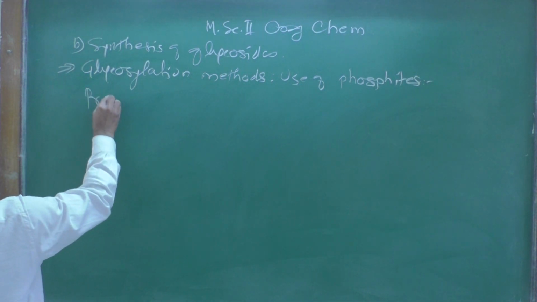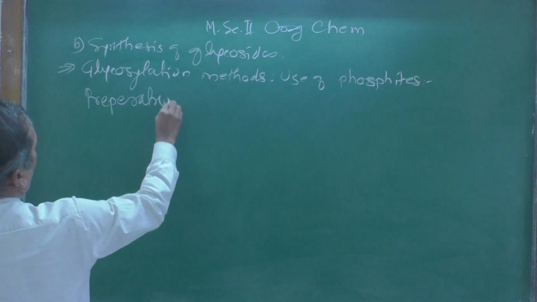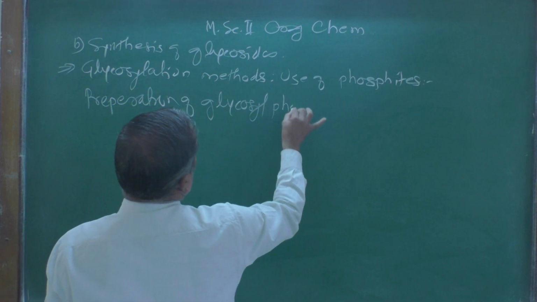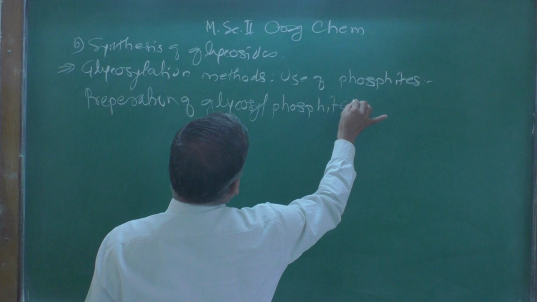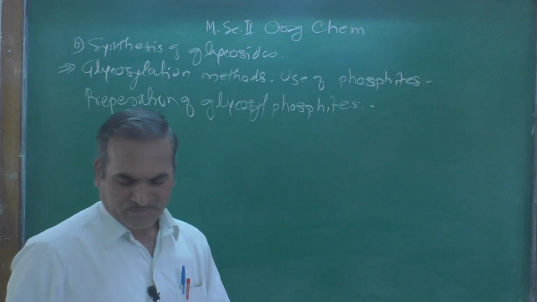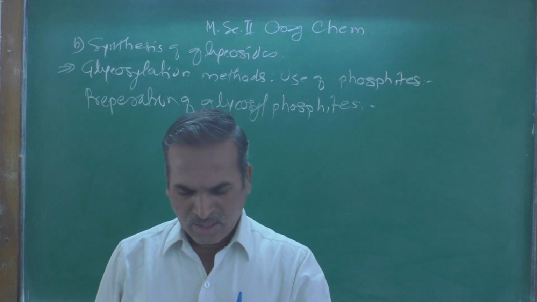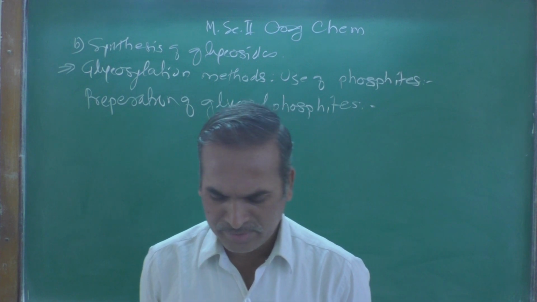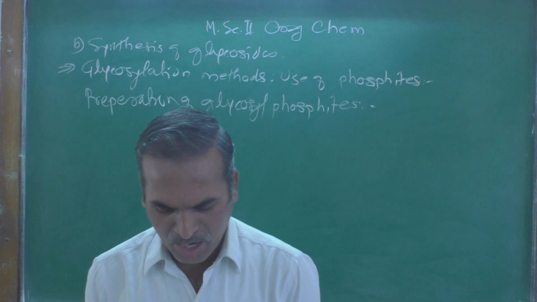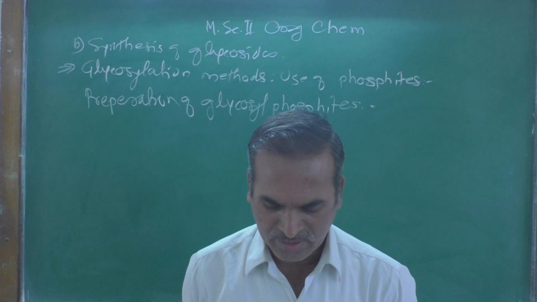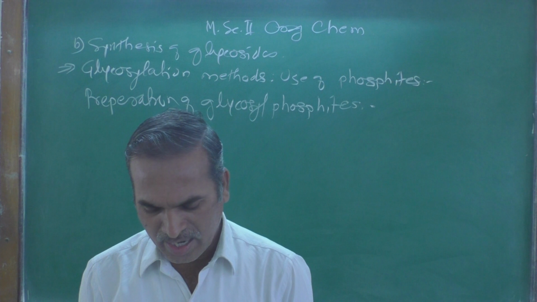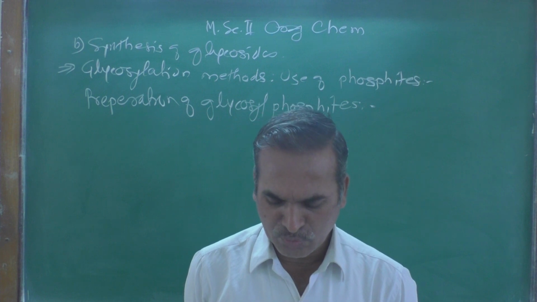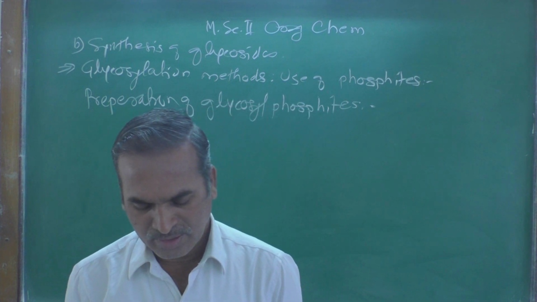Preparation of glycosyl phosphites. Let's see how we prepare this. Glycosyl phosphites are prepared from their corresponding anomeric hydroxyl compounds either by treatment with dialkyl N,N-diethyl phosphoramidite, DDP, and 1,2,4-triazole,